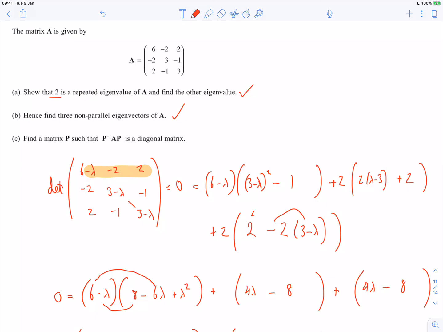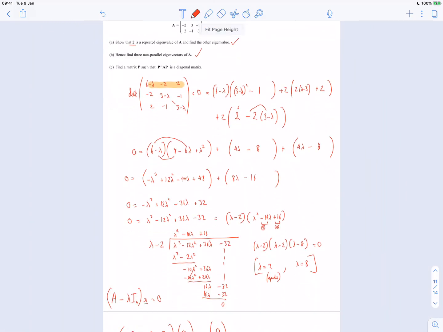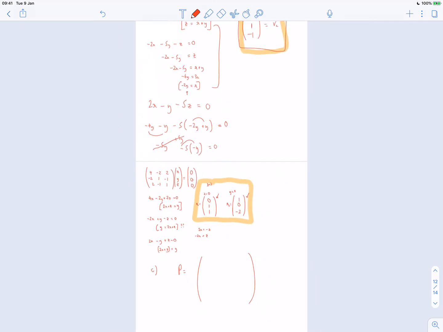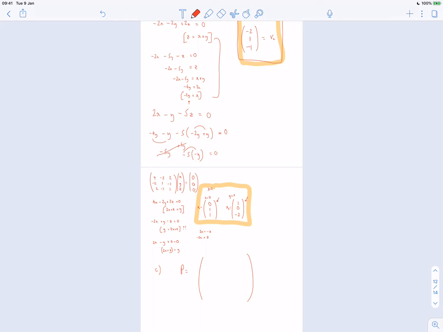So that's done. Find a matrix P such that P inverse AP is a diagonal matrix. Well, if you'd been listening, P is just a matrix where the eigenvectors are just columns. So if you wanted the diagonal matrix to go 2, 2, 8, like that, then in the first two columns I'd have to have the two eigenvectors to deal with lambda equals 2 first. So in any order, because they're the same, 0, 1, 1, 1, 0, minus 2, and then